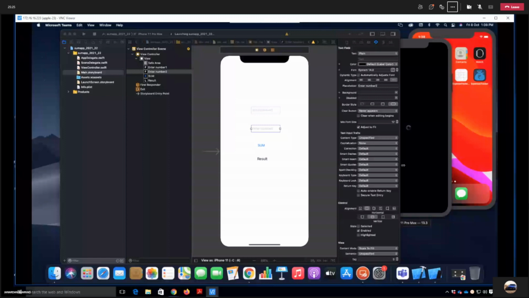Let's wait, because it is opening this simulator. So our app is launching, still it is opening, so you can see here the screen.